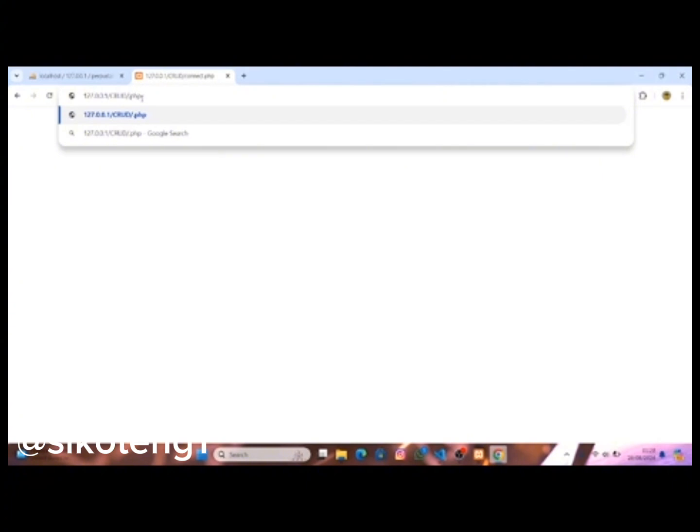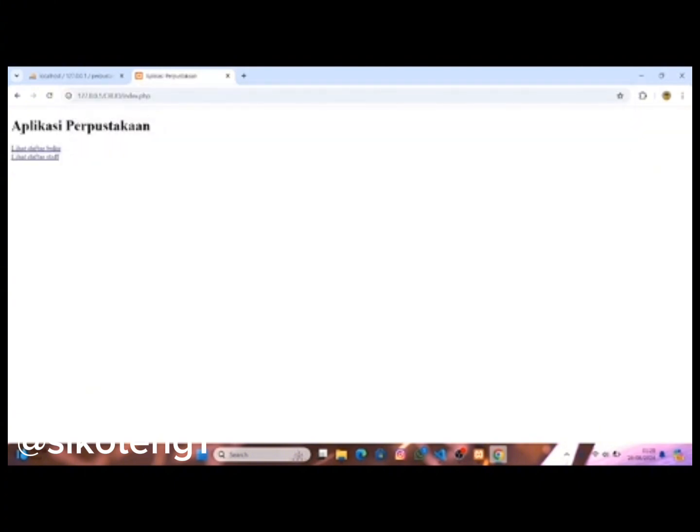This is index.php. It has an h1, aplikasi perpustakaan, and hrefs: lihat daftar buku and lihat daftar staff.